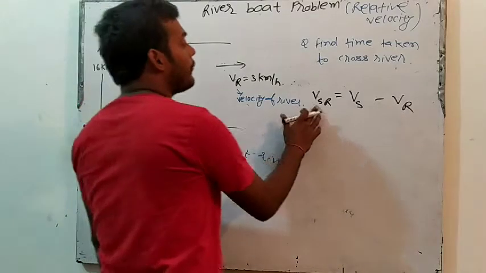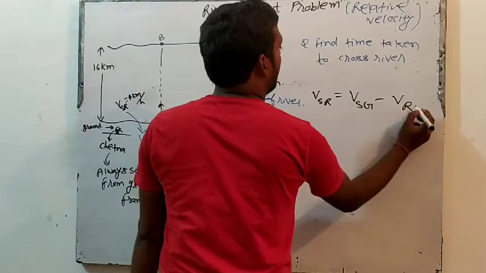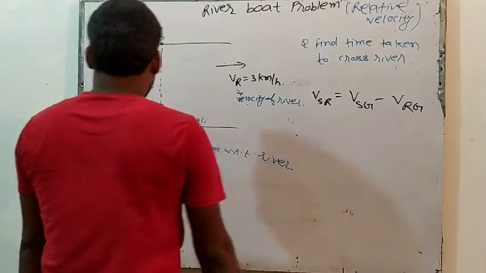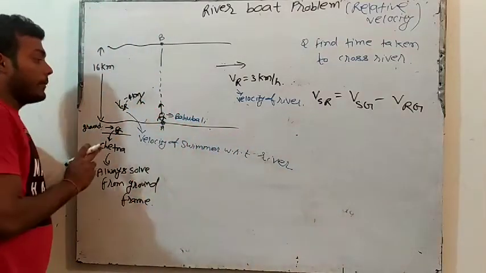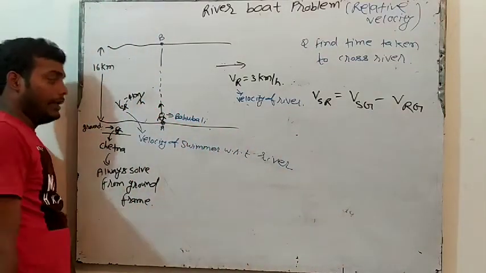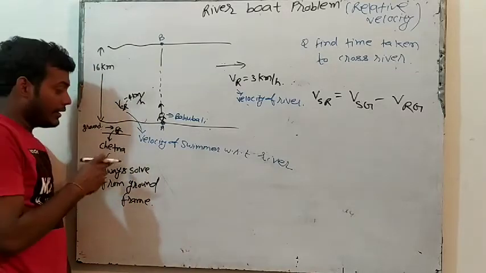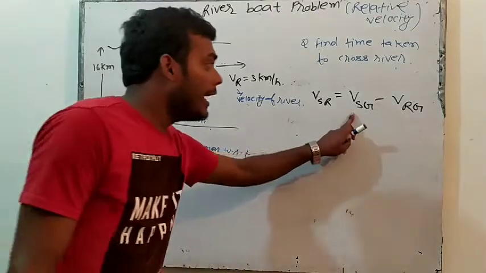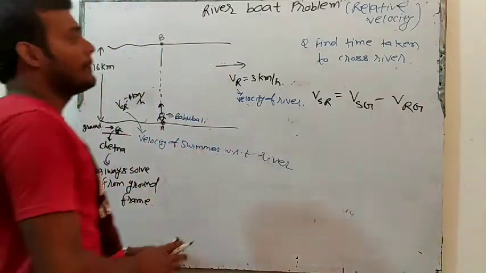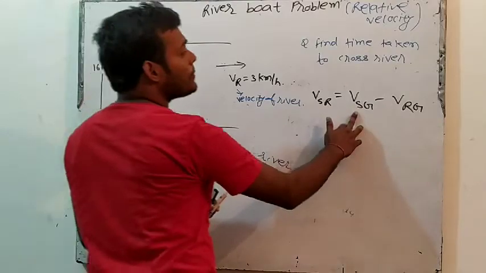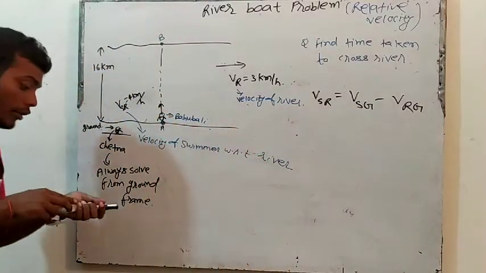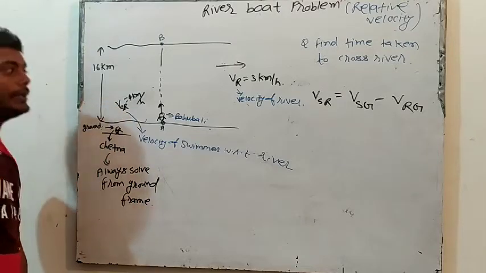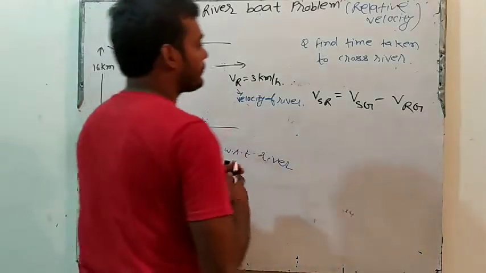So velocity of swimmer with respect to ground, everything we are observing from ground, so we will write ground. Chetna is observing Bahubali, and Chetna is on the ground. So velocity of swimmer as observed by ground. VSG means velocity of swimmer as seen by ground. So who is observing from the ground? Chetna. So when she sees Bahubali, what will she say? Let's see now what she will say.